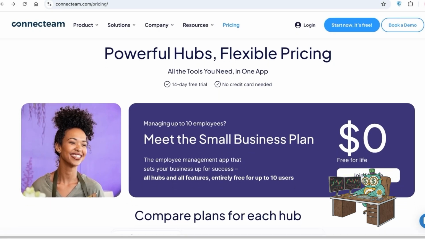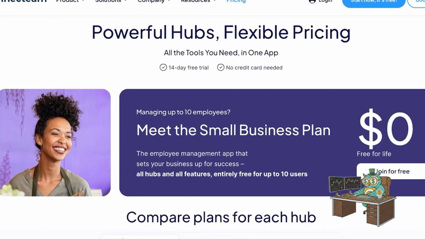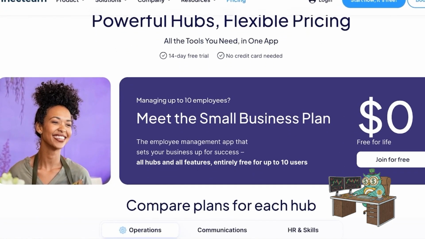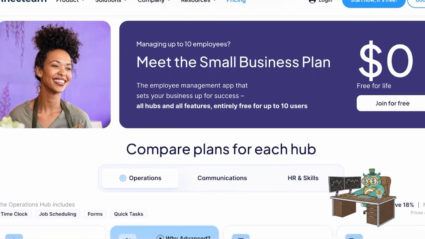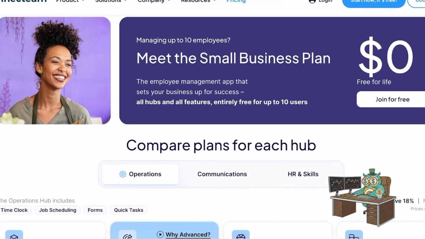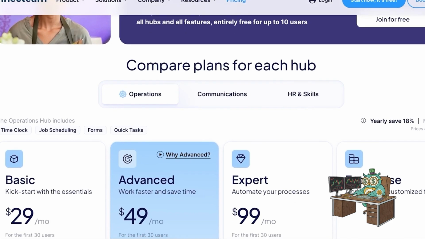In today's video, I'll be showing you guys everything you need to know about Connecteam, a powerful mobile-first employee management app built specifically for non-desk teams. Whether you're managing logistics, construction, hospitality, or remote workers, Connecteam helps you communicate, engage, retain, and train your employees all